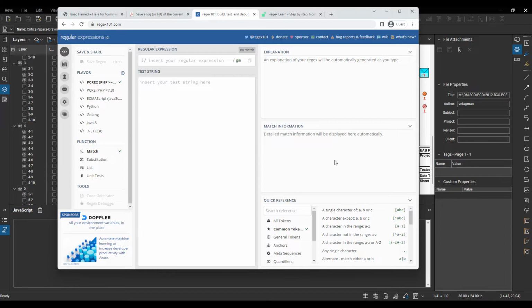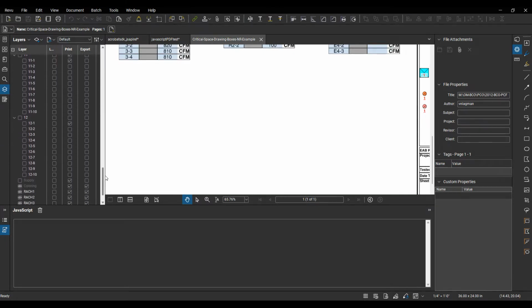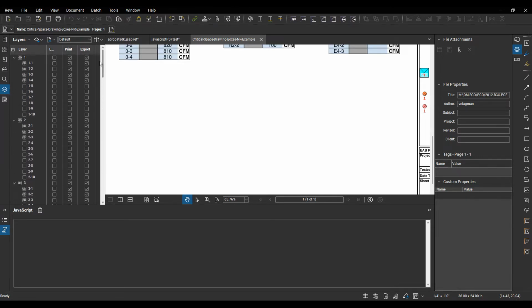You can target all of those things with a regular expression. So for targeting these layers, super simple. I'm just looking to target one digit. In this case, I go through here, and I notice that the layers go up into the double digits. I don't know that he's going to have more than 99 layers, so I think we're safe looking for 1